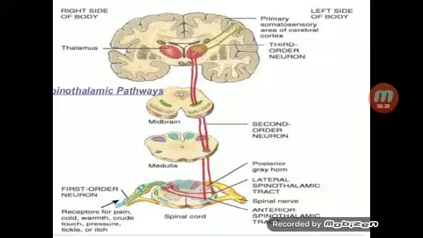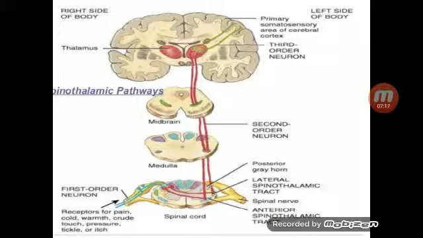And for the pain pathway, first order neurons, that is A delta fibers, bring in sensation from the receptors to the dorsal gray horn, see the blue color, and synapse with the second order neuron, now in red color, which then crosses over and goes to the contralateral side through the anterior white commissure and goes to the lateral white column and moves up as the lateral spinothalamic tract. Also remember that in the pain pathway, A delta is for the neospinothalamic pathway and that is for fast pain. And C fibers are part of the paleospinothalamic tract, that is for slow pain.